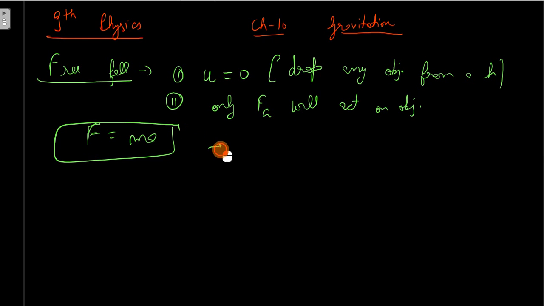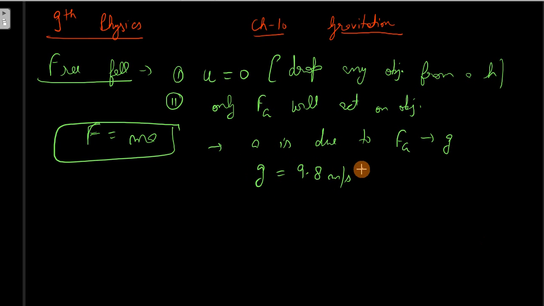We write it as acceleration due to force of gravity only, and we name it small g. So this is called free fall. Let us say you drop a ball from the roof of your house, then it is considered free fall. Acceleration is due only to gravity, and the value of small g for earth is 9.8